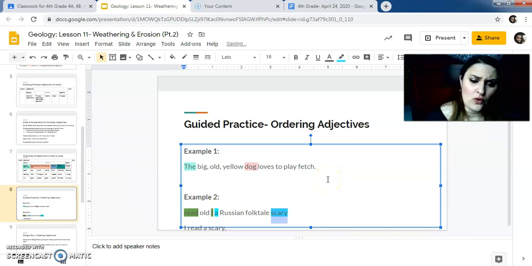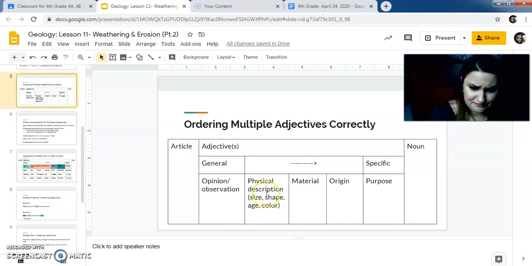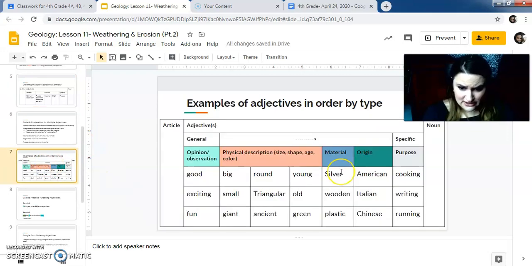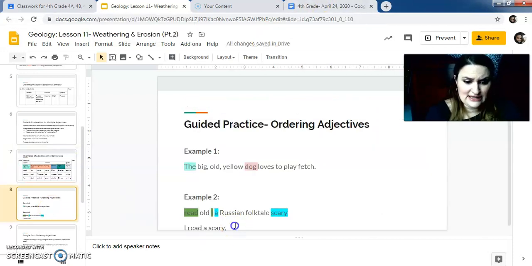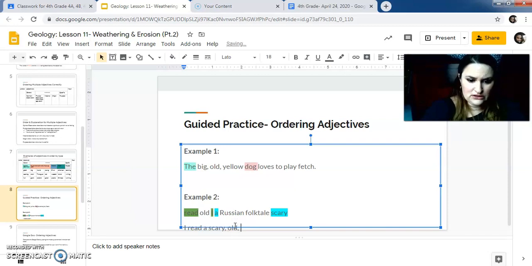And then now I have old Russian folktale. So folktale is obviously my noun, like that's my actual thing. So I have to decide what to use first, old or Russian. And if I look at my ordering, I have physical description, then I have origin. So origin, and if I look on here, it's even more clear. Origin is going to be Russian, so that's going to go last. That's going to be my last adjective. And old goes under physical description, so that's going to come next. So old is my next adjective I'm going to use. So I read a scary, old, and then I'm going to put Russian, because that's my origin, that's my most